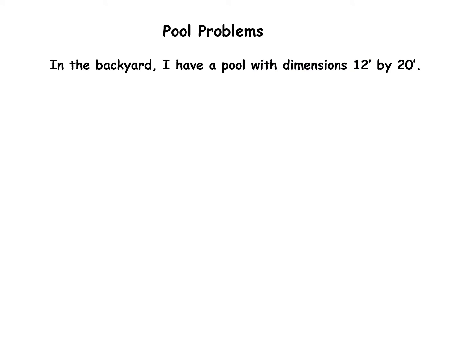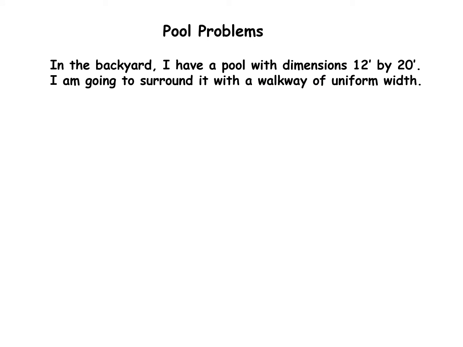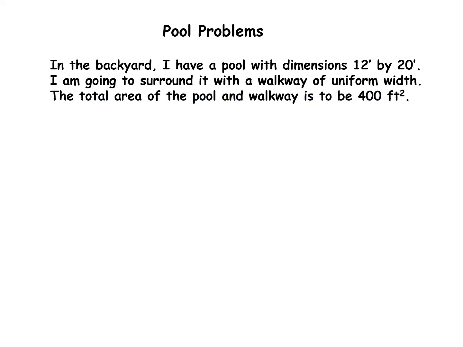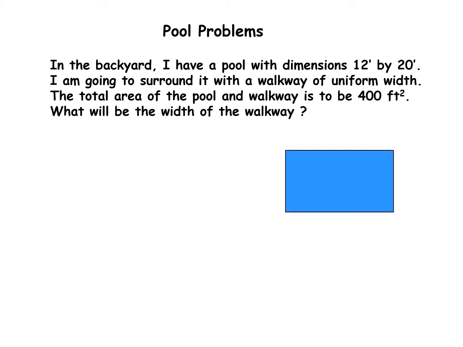In a backyard, I have a pool with the dimensions 12 feet by 20 feet. I'm going to surround it with a walkway of uniform width. The total area of the pool and the walkway is to be 400 feet squared. What will be the width of the walkway? So what we have here is a pool, and they tell you that it's 12 by 20 and